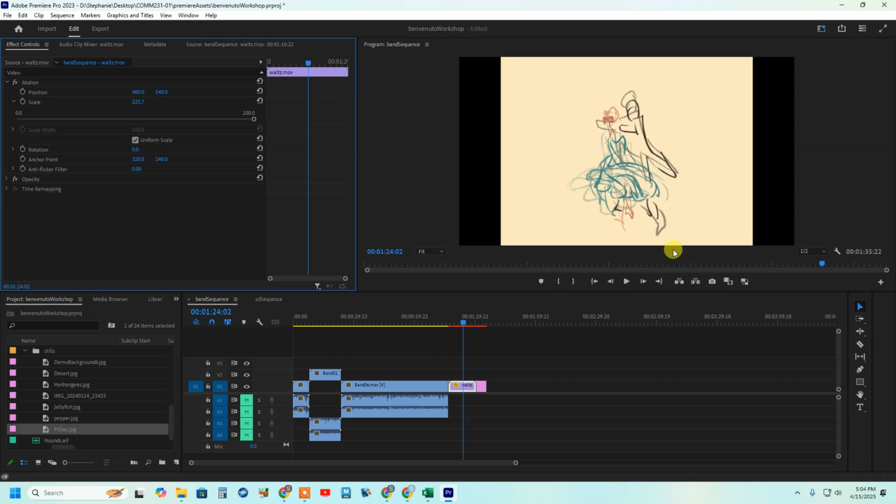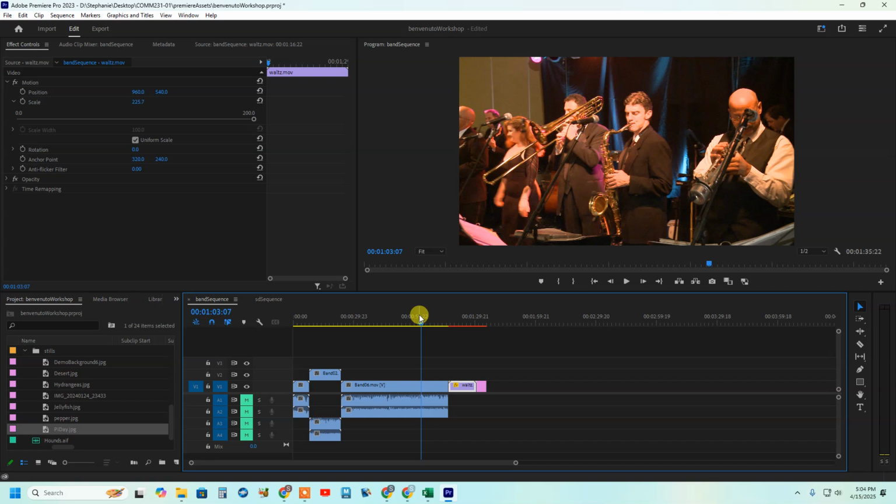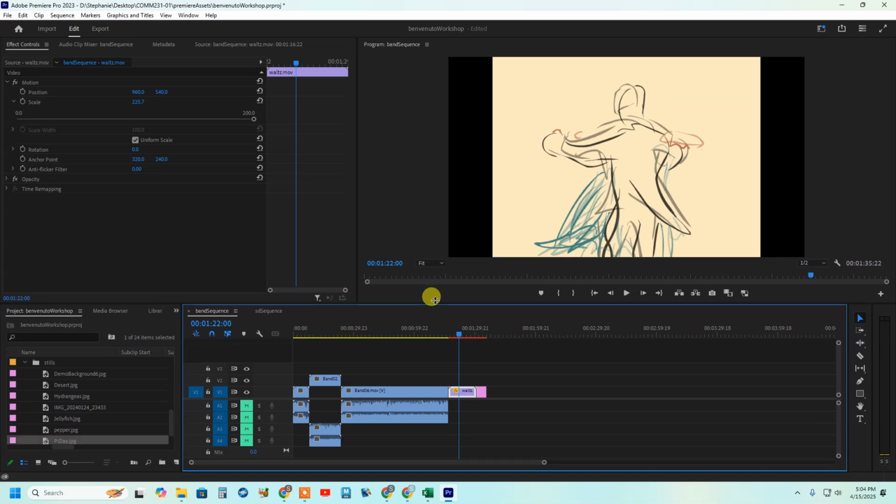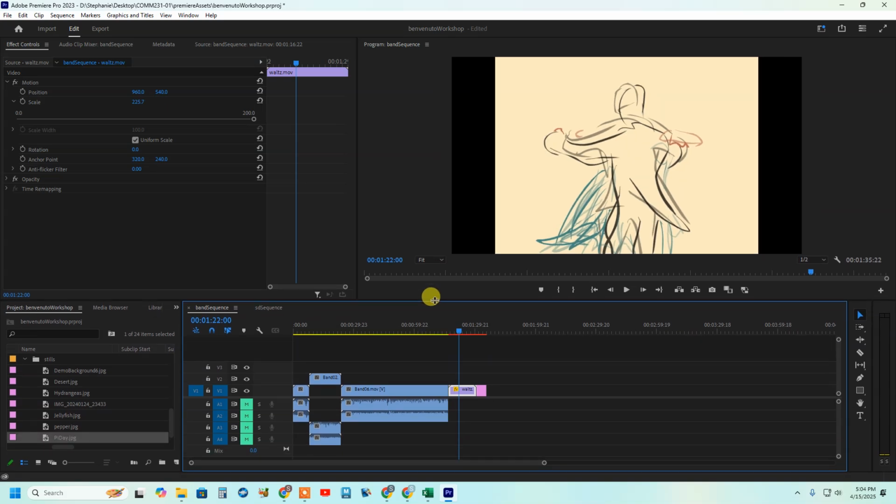Now, rules with pixels still apply. I've just blown this up to 220, to 1.25 times more than it was originally. It's going to be fuzzier, right? This will be pretty crisp as long as the person who shot it did what they're supposed to. This will be fuzzy. And so one thing we have to do whenever we are editing something together is kind of plan. We have to figure out, okay, how big can we make something, and make sure we're shooting in a similar fashion. It's also why when people do documentaries and they're bringing together different disparate video things,